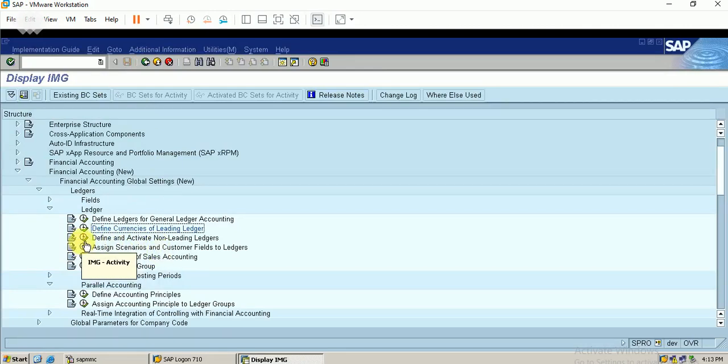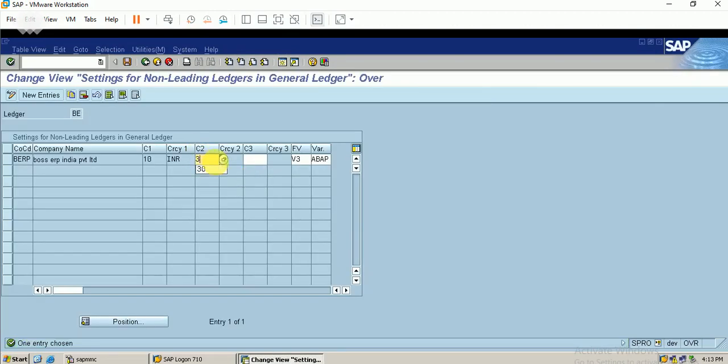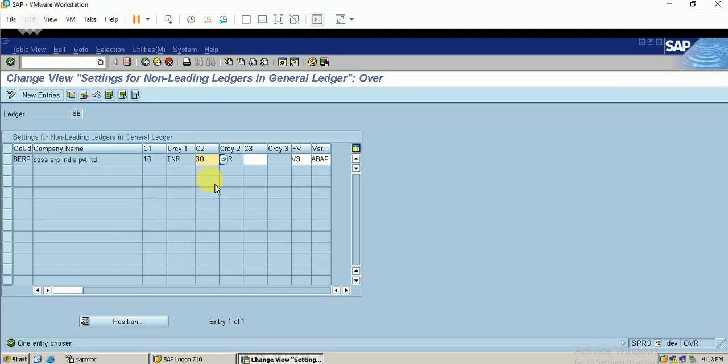have a different currency for my non-leading ledger also. Okay, let me go with. You can see here the currency. For non-leading ledger also I have two currencies linked, INR and Euro. You can see here.